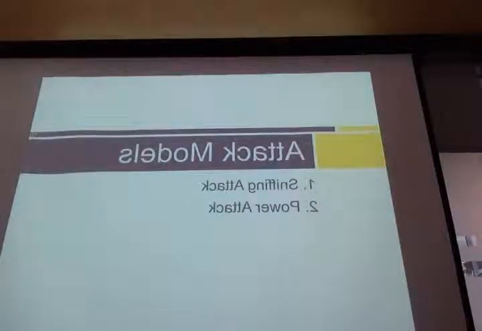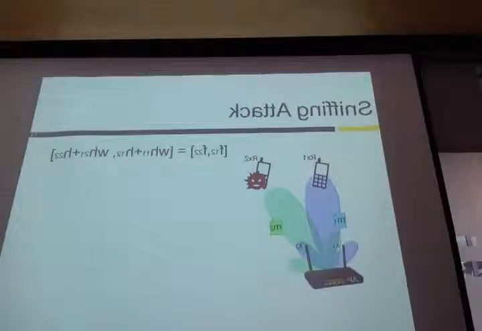Now we talk about how the vulnerability can be used as a physical attack on the previous two schemes, namely the sniffing attack and the power attack. We first introduce the idea of the sniffing attack. Assume receiver 2 is a malicious client, and he reports forged CSI to the AP. The purpose of this malicious client is to sniff the data of message M1. How to do it? As proposed in our paper, one possible solution is to choose the forged CSI as a linear combination of the original CSI to receiver 1 and receiver 2.